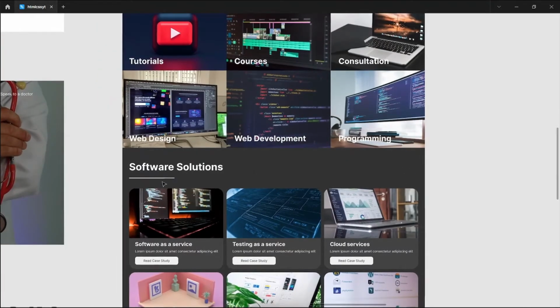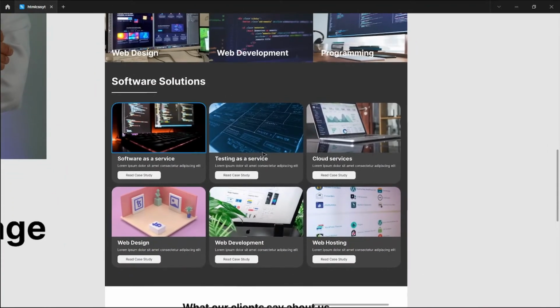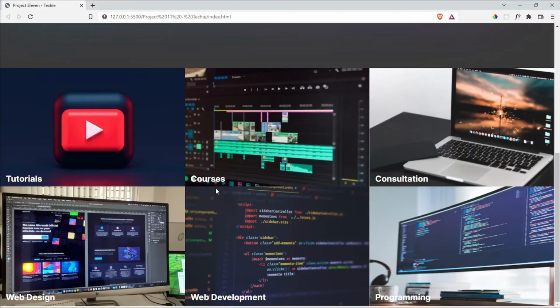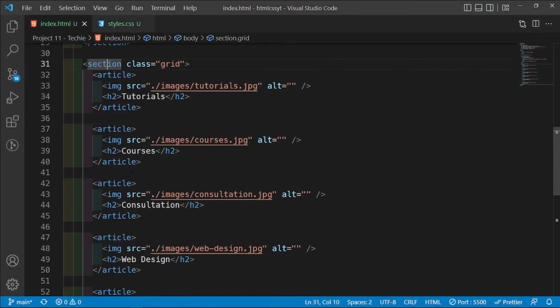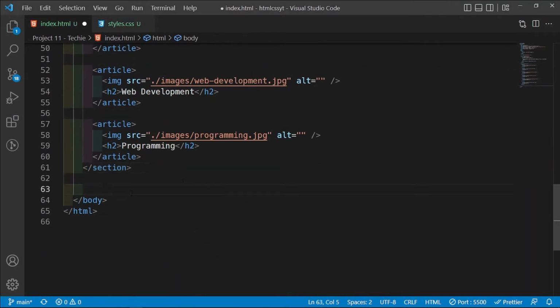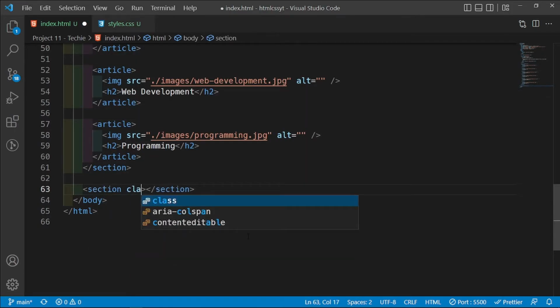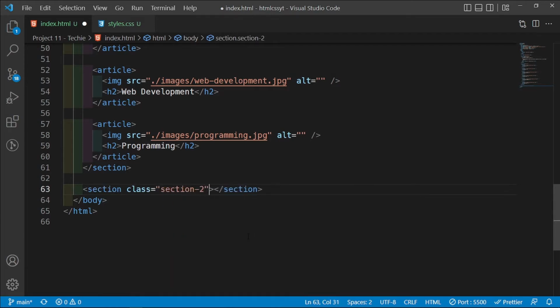Okay, and then the next section we're going to create is the software solutions, which is going to have this cool looking underline, and then we're going to have a grid once again, but this grid is a bit different from the one on top, being that it has some bit of grid gap. So let's go ahead and create that section. So we can go inside here, and below this section is the class of grid. So here I'm going to create another section. Okay, and then this section I'm just going to call this a class of, let's say, section-2,